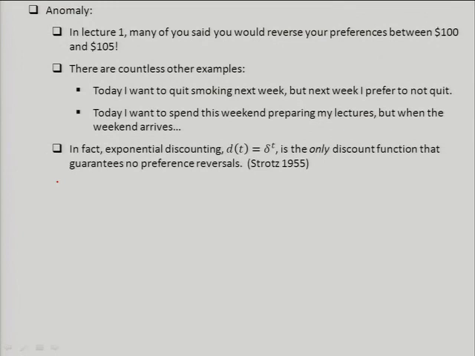I'm not sure. There's another paper that I put on the website that's not required that does, by Strauss back in 1955, who demonstrated that if we assume that people's preferences over plans are some kind of weighted sum of their instantaneous utility over those plans, with some kind of discount factor weighting them, it turns out that the exponential discount function that Samuelson adopted is the only discount factor that doesn't generate preference reversals like this.